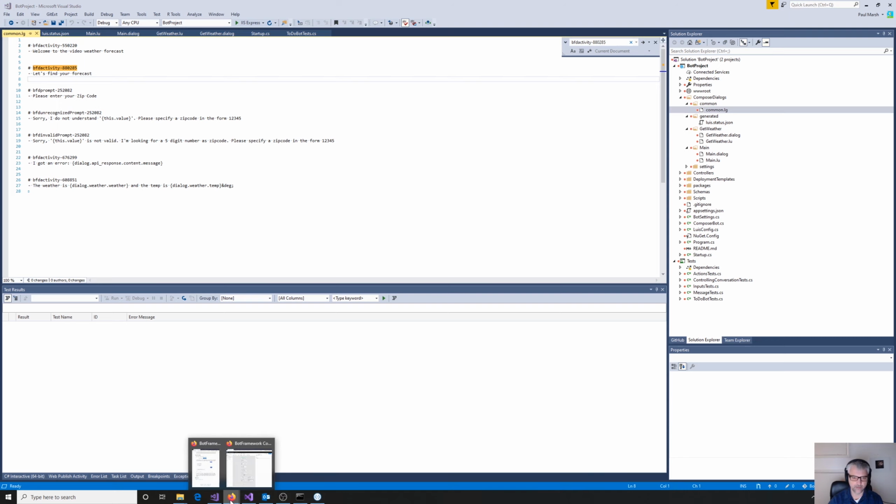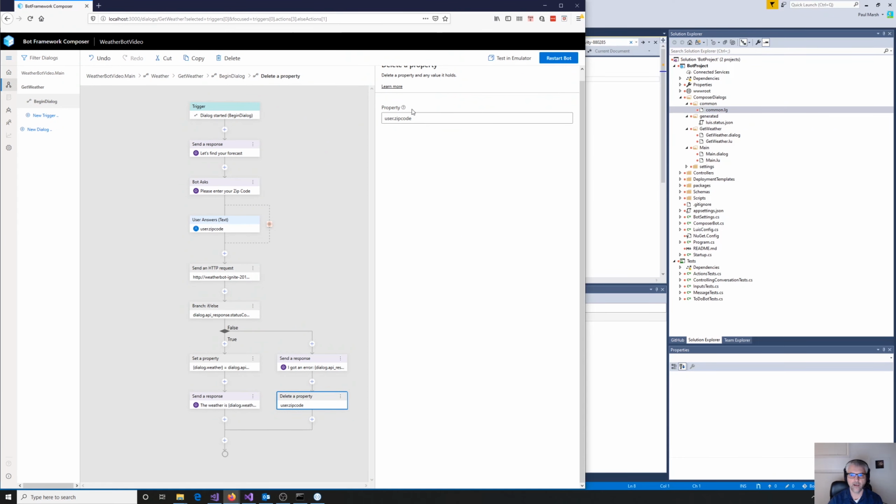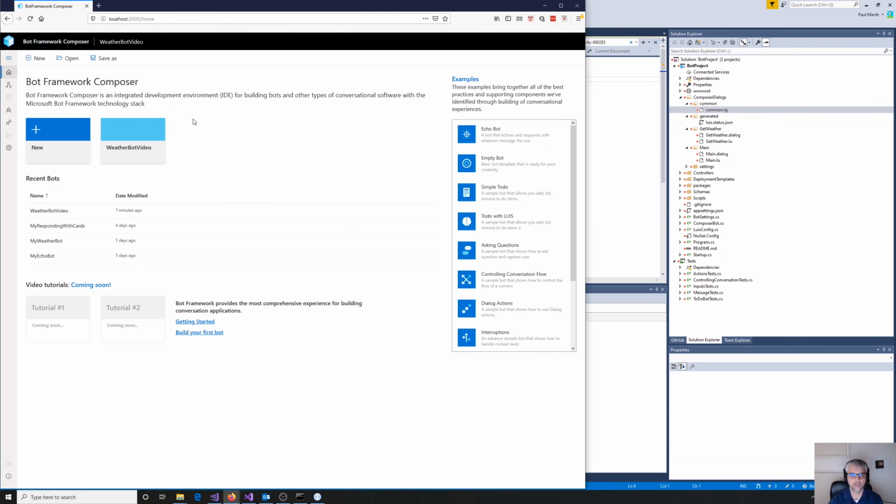So let's go back to the designer. And I'm going to leave the weather forecasting for now because that's quite a good one. So I'll leave it up to you to carry on looking at that. And one of the things I wanted to look at is you've got all these examples here, and one of them is responding with cards. So if I open that sample,